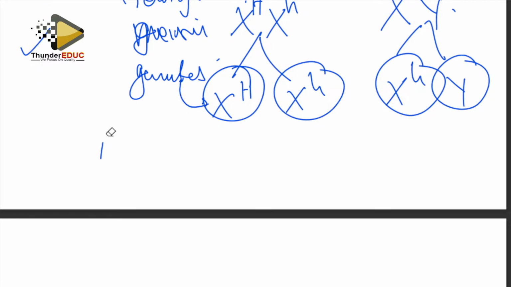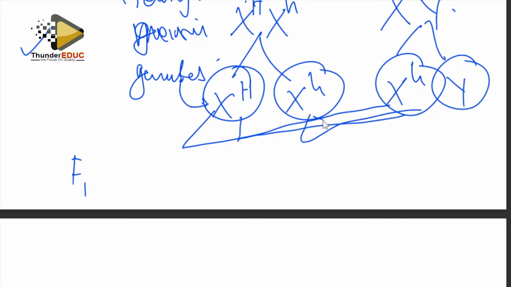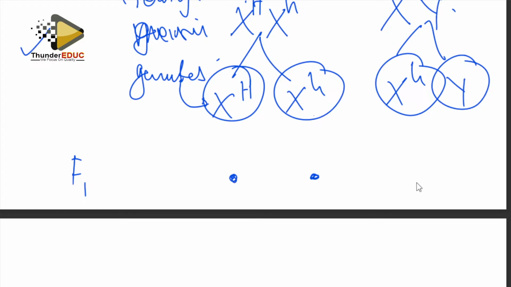Let me just make this one a little bit far, to be F1 here. Then this, you can use the Punnett square or you can cross. I told you that some of you don't know how to cross. You do this crossing like this, and then you end up failing. I told you that when you come to this, just do like this. Put a dot here, another dot here, another dot here, another dot there. Simple. Then now start connecting the dots.